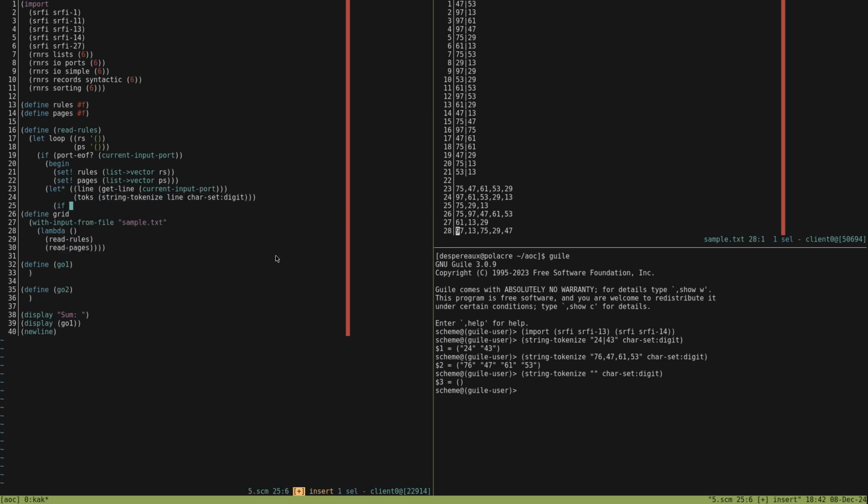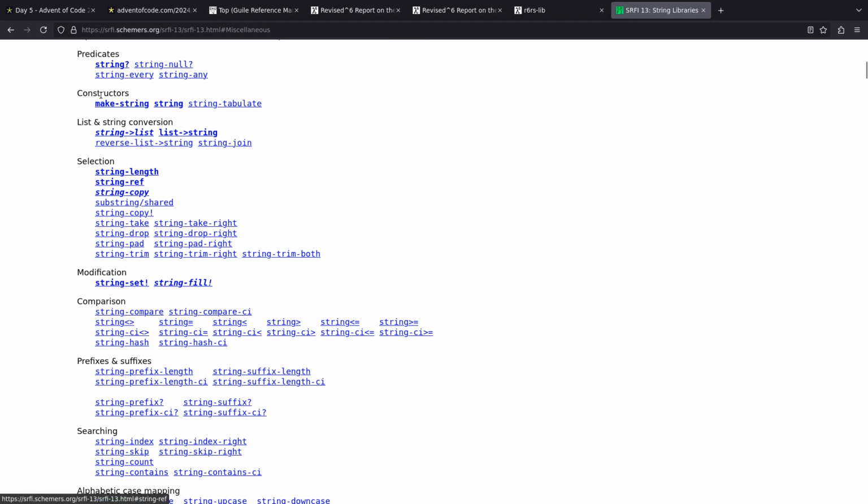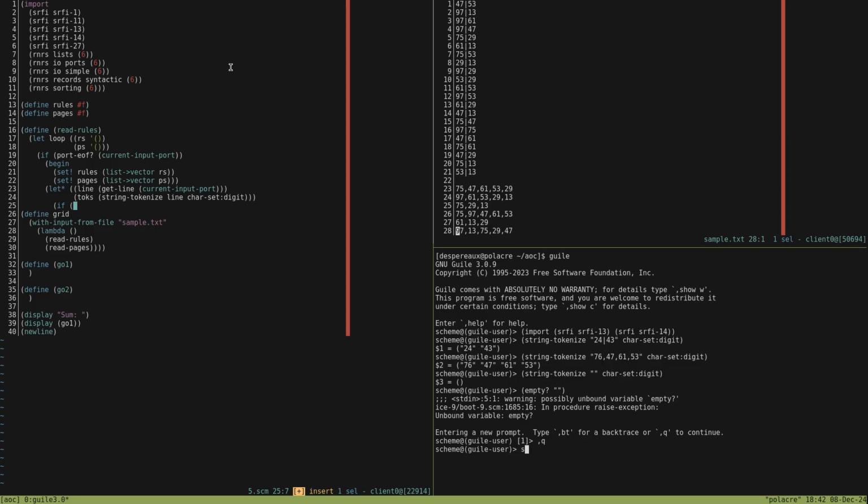And so we go if, I guess empty. I could just go string length, that's fine. String null. Okay, cool. So if string null line, yeah, then we want to